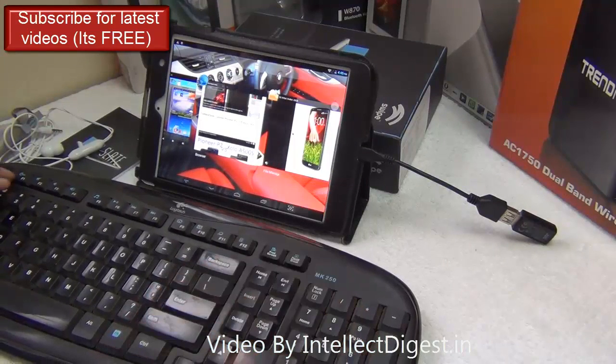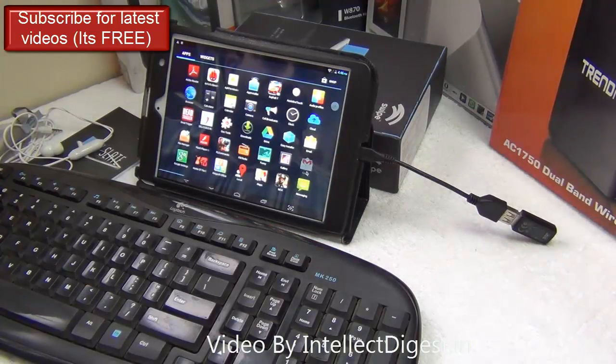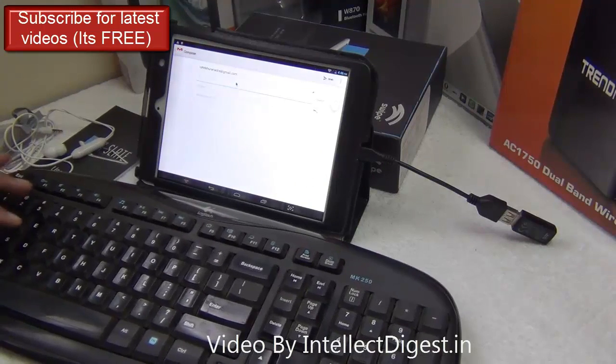This is a standard wireless mouse with which I can browse through the applications. I can do normal computing tasks including creating documents and creating emails, etc. So I can just go to menu, go to my Gmail application, create a new email, type the address to which I have to send it,